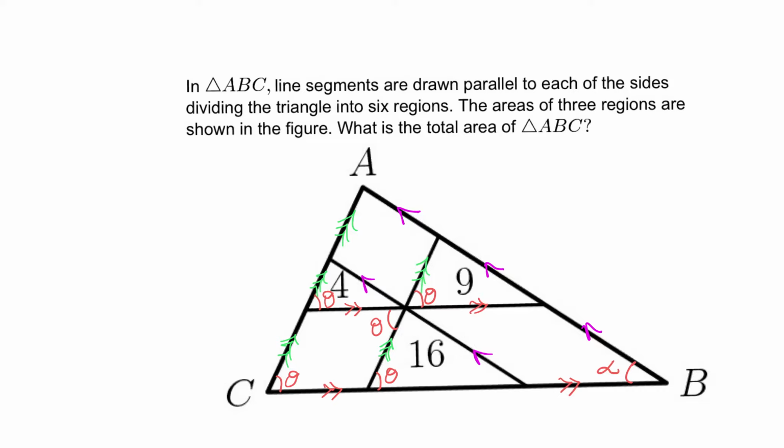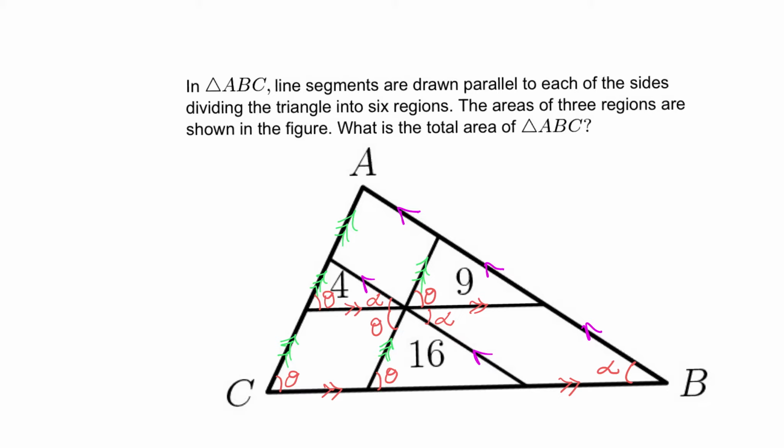Now let us start with alpha. When I go with alpha, opposite angles of a parallelogram are equal, so this angle will become alpha. Vertically opposite angles, so this angle is also equal to alpha. Now if this angle is alpha, then this is also alpha because we have corresponding angles. So we will get alpha here. Let me show you again how we started. We started with theta here, opposite angles, so we have theta here, corresponding angles, we have theta here, alternate interior angles or corresponding angles, we have another theta here, and vertically opposite angles we have theta there.